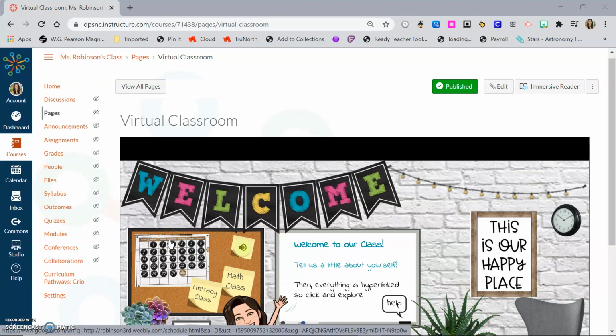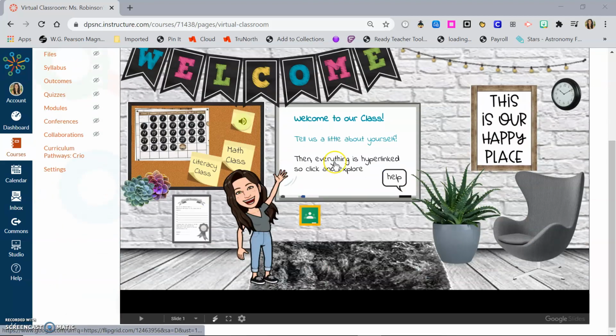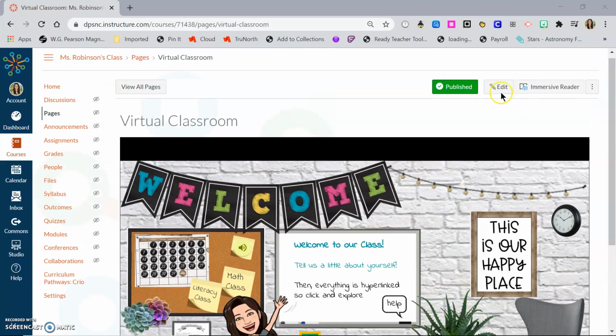Once you've embedded a Google slide into a Canvas page, you may notice these black bars appear on the top and bottom, as well as a Google navigation toolbar at the bottom. There's a way to get rid of both of these by going to Edit,